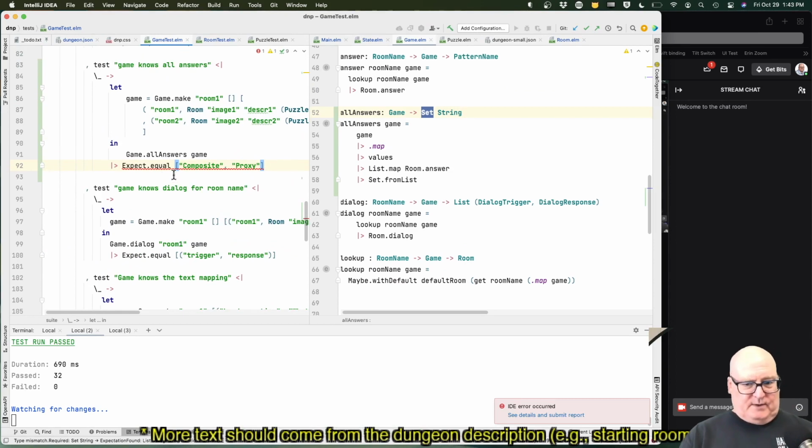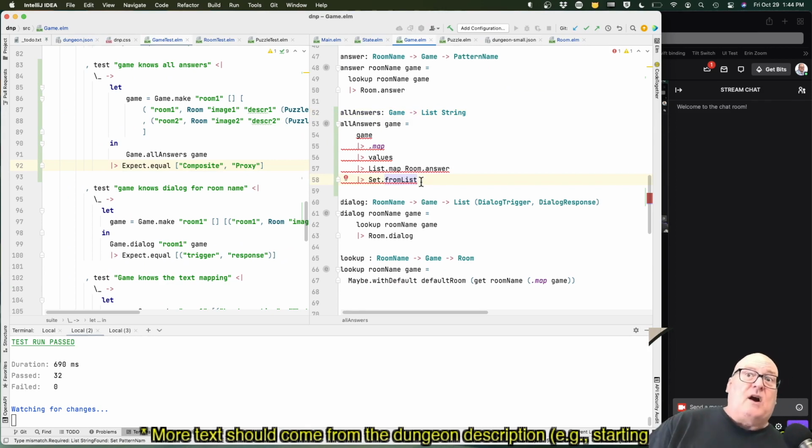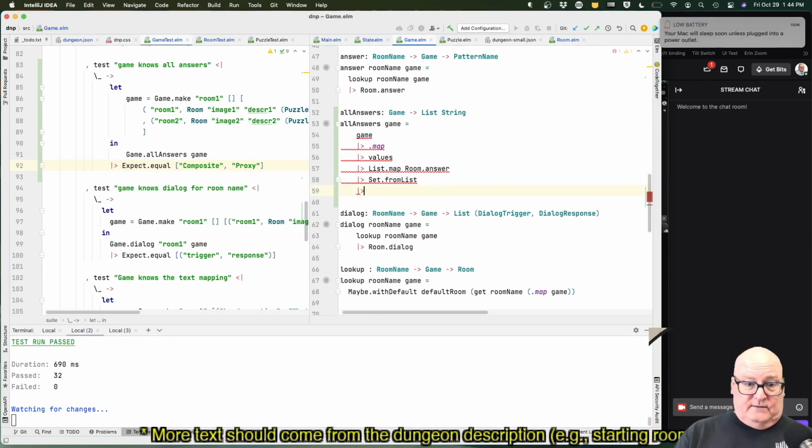Okay, now what's your problem? IDE error, okay. Oh, the problem is game does not give a list of these things, so we need this to be a list. Okay, and then I need a set because I could use the same name multiple times in my answers. So I don't want to have proxy, proxy, proxy in there 3 times. So I do feel like I need to go through the set part and then convert that to